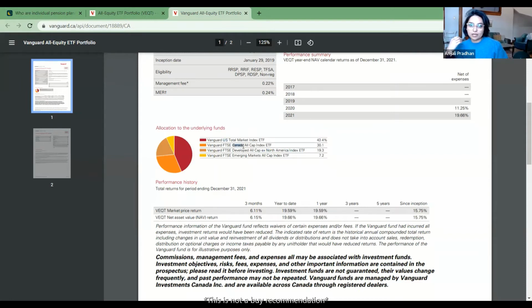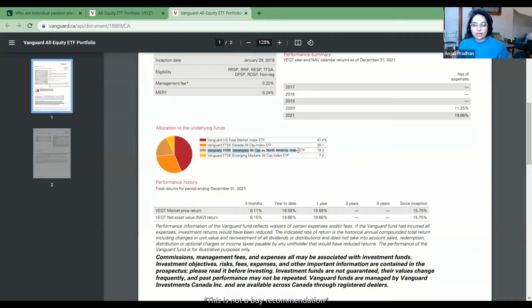So let's say you bought a kind of all world ETF. You would be double dipping on the US and Canada, okay? You would be getting more exposure than you want, and also it becomes very messy and difficult to figure out how much percentage you actually have in Canada if both of these have percentages and asset allocations in Canada or the US. We don't need that hassle in our life, okay? We like keeping things simple at Investing for Boss Ladies.